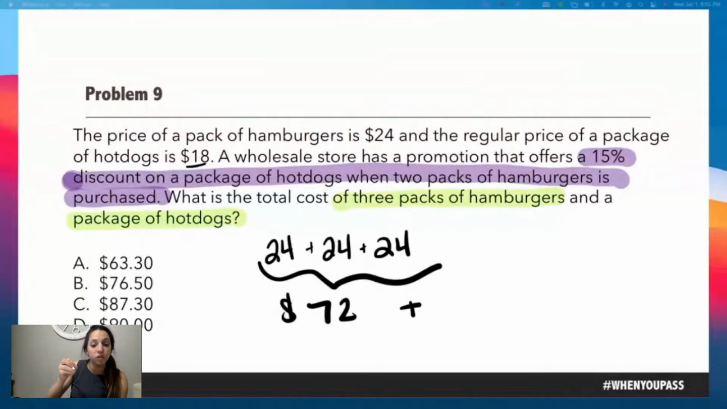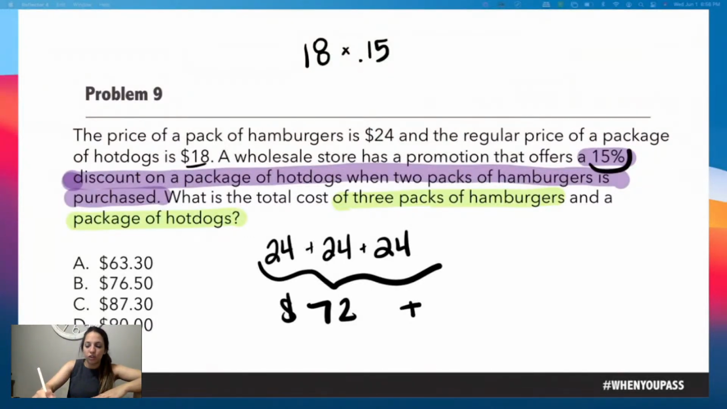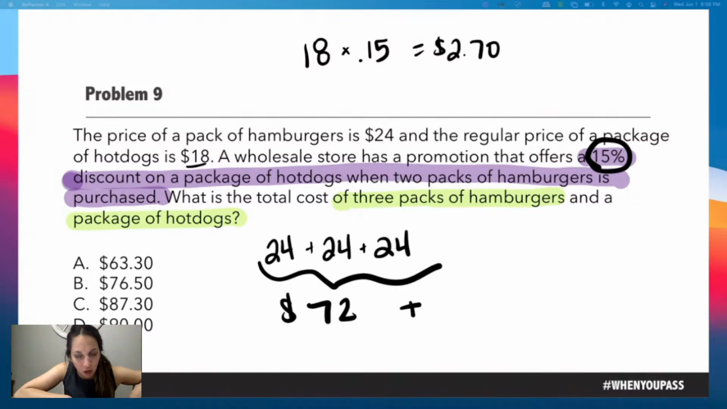So I can do one of two things. I can do 18 times 0.15 and then subtract that value from 18. So 18 times 0.15, because I transferred this into a decimal, equals $2.70. Now, that is not what I'm paying, y'all. That's the discount. So now I can subtract $2.70 from 18. And I get